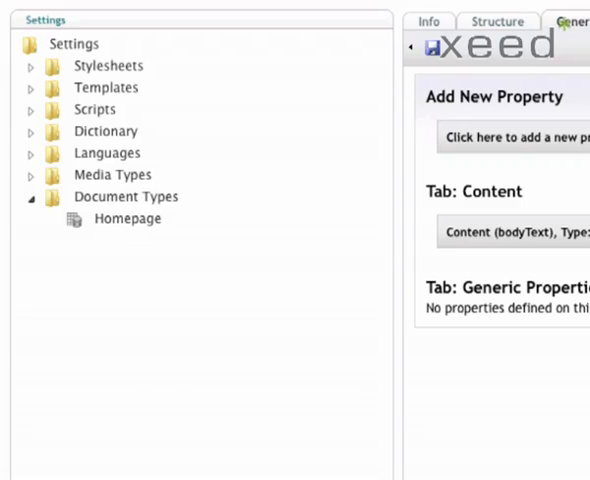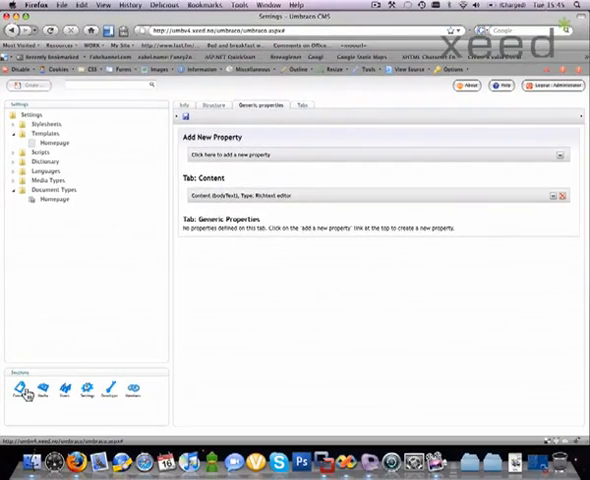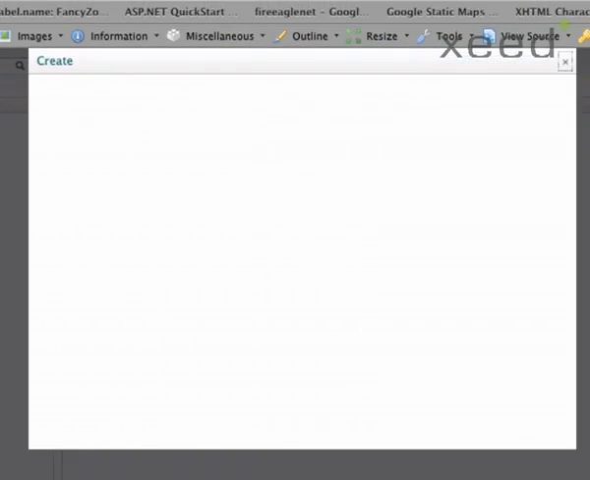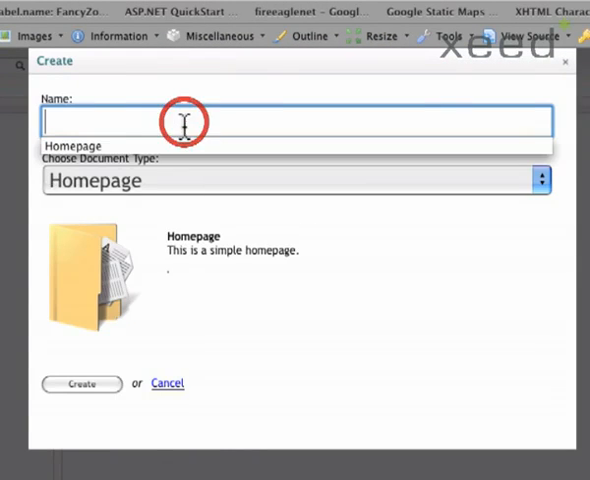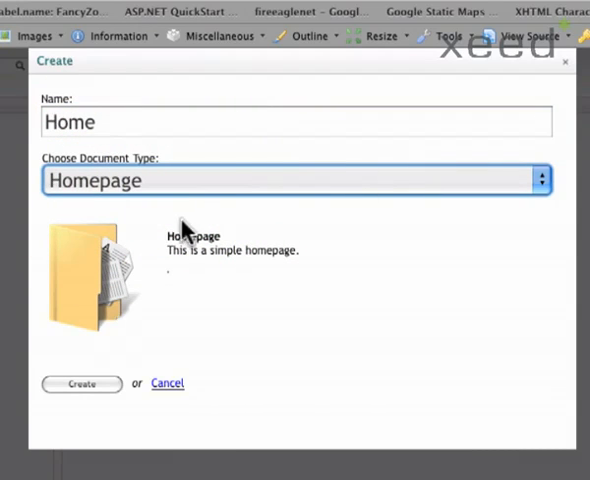Okay, so we now have a matching template that we specified when we created the document type. But first of all, let's create a home page. So if we just call this home, nice and simple. It's the home page document type, and that's the only document type we have. So if we click create,